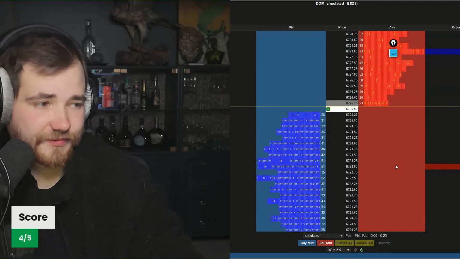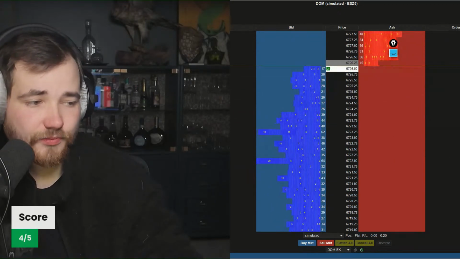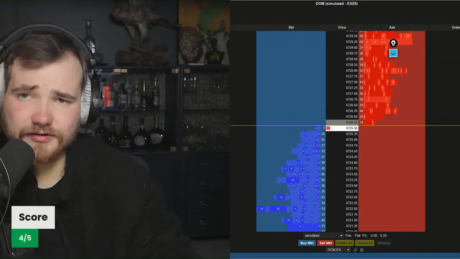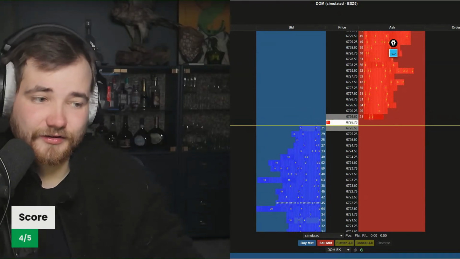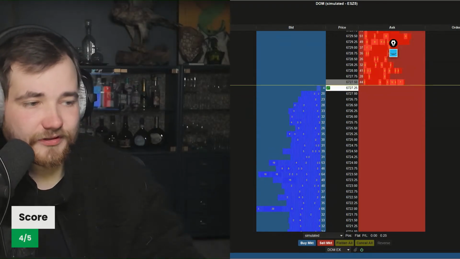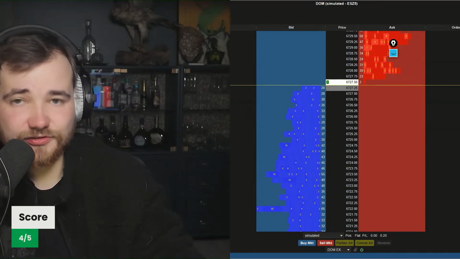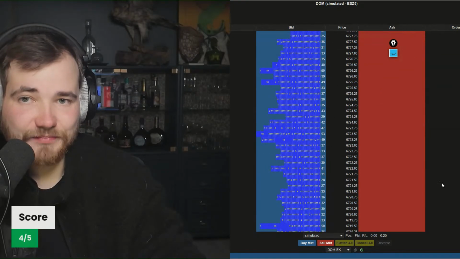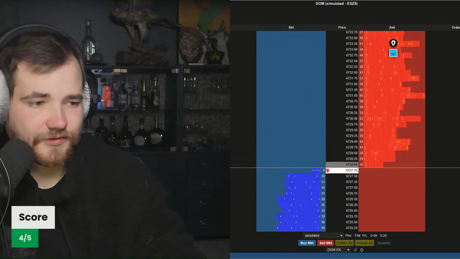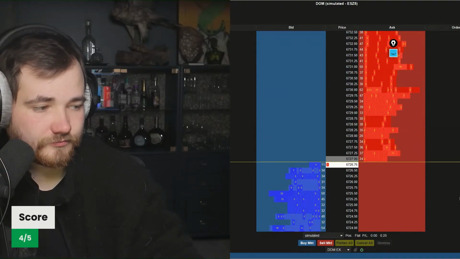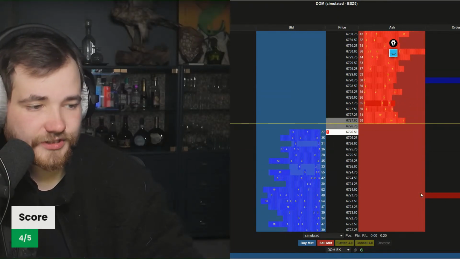A very simple concept. A lot of cars bought and sold here. Very little cars bought and sold here, which means we're outside of the normal valuation of the car. So now people think, hey, it's a bargain to sell here. You're gonna buy it back at a cheaper price here. We'll see.